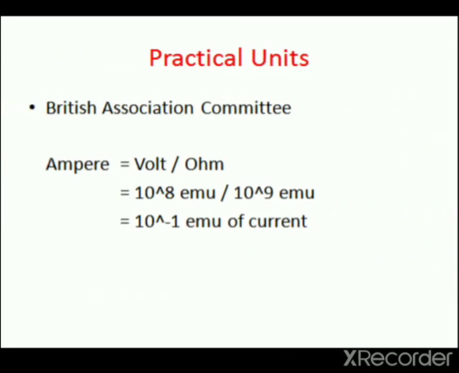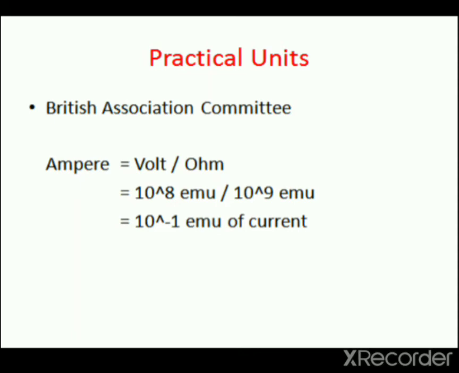Next is practical units. A system of practical units was used because many CGS units were too small or too large for practical engineering applications. These units are derived from absolute units or by referring to arbitrary standards, as they are easy to manage and handle. The electromagnetic units can be made into smaller or larger practical units through an appropriate power of 10, so they can be used conveniently in experimental work.